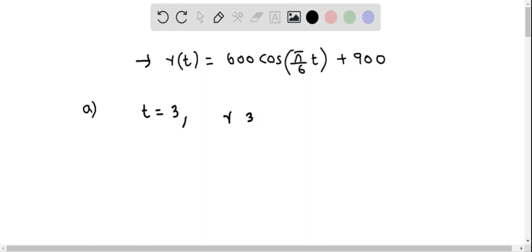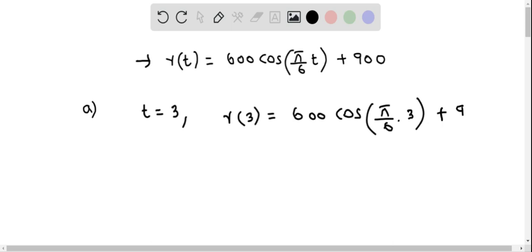So therefore, this becomes R of 3, and this equals 600 times cosine of pi by 6, replace t by 3, so it becomes pi by 6 times 3, plus 900. Let's evaluate this. So we have R of 3, and this equals 600 times cosine. We can do this cancellation. The 6 gets cancelled with 3 as 2. So it is cosine of pi by 2